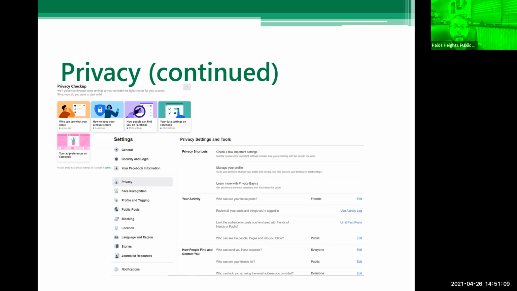In the actual settings menu, in the kind of bottom right corner here, you can see what this looks like. You click privacy in the settings menu. It brings up all of your privacy settings, so you can edit everything. Some of the stuff is the same as you get through the privacy checkup, but it's all just right there instead of like a guided walkthrough of it. But if you've already done the privacy checkup and you just want to change a quick thing, boom, you go into settings, privacy, find whatever it is you're looking for, and click edit, and you're good to go.